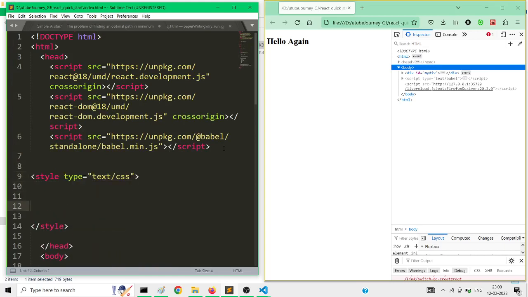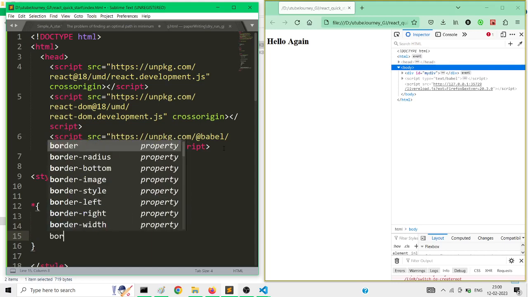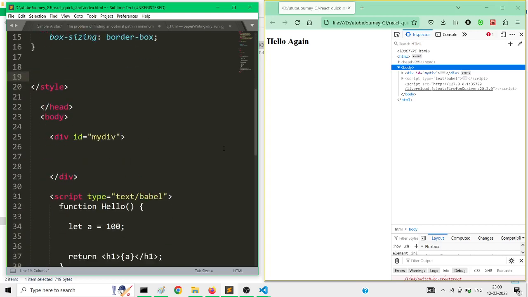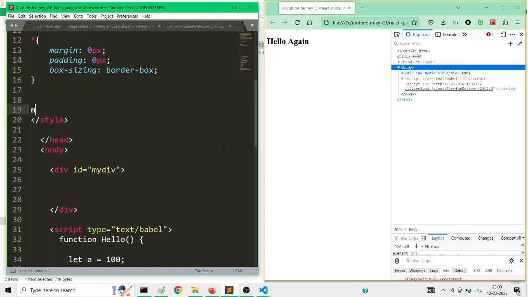Like you can do say margin 0 pixels. I prefer margin, padding, everything reset. This is what I prefer. Box sizing with border-box, right? And on my main div, what was that div? That was my div. So hash my div,